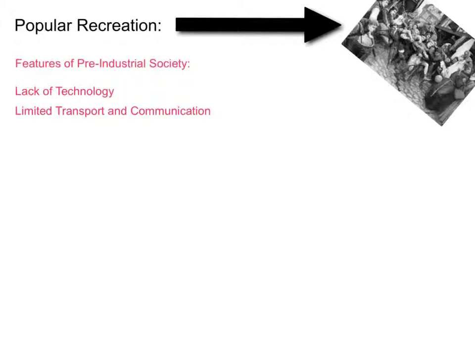Equally, the telephone had not been invented, and therefore messages were carried around the country in mail carts or by people walking in the form of messengers. It was therefore very difficult for people to move out of their own town or to communicate with those who lived a long way away. Life was based around individual rural villages. That brings us to our third feature, the harsh rural lifestyle.